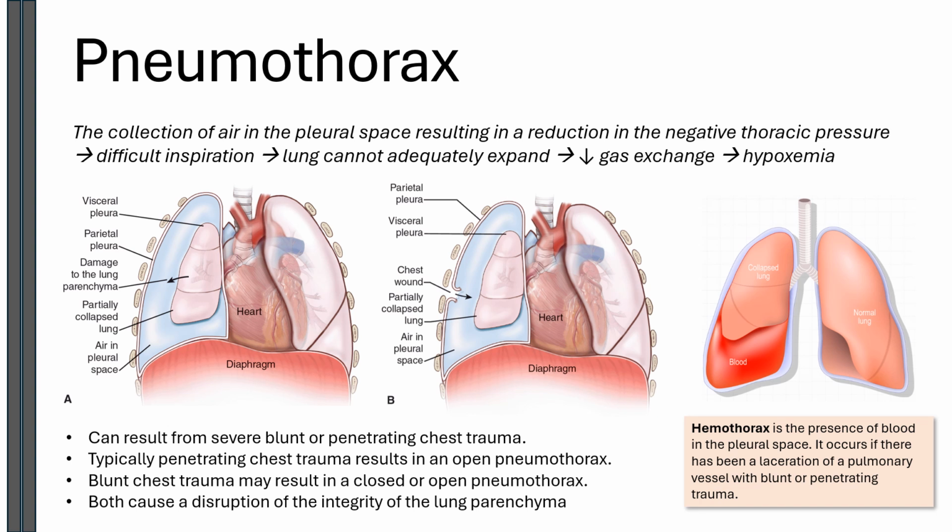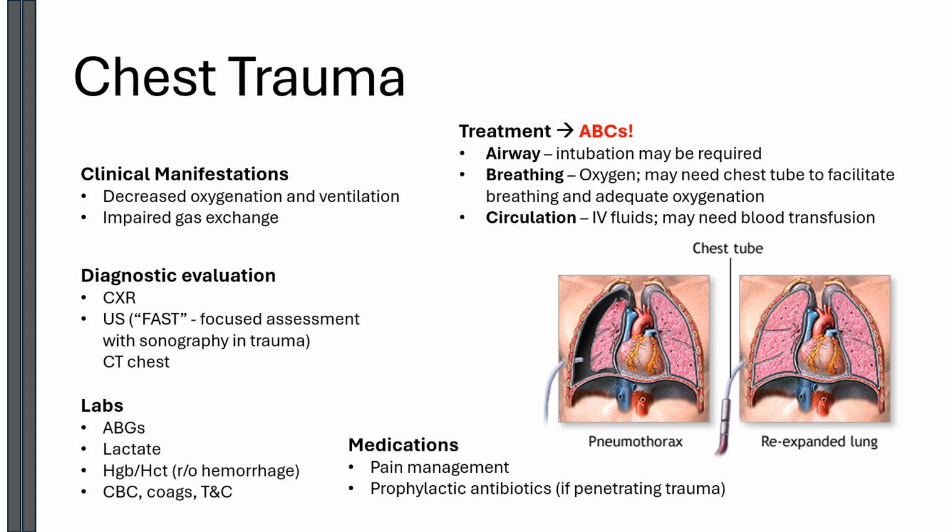Let's look at hemothorax. So hemothorax is the same as pneumothorax except that it's blood accumulating there, and it can lead to the same thing of tension pneumothorax. So generally, chest trauma is going to result in or lead to decreased oxygenation and ventilation and impaired gas exchange,